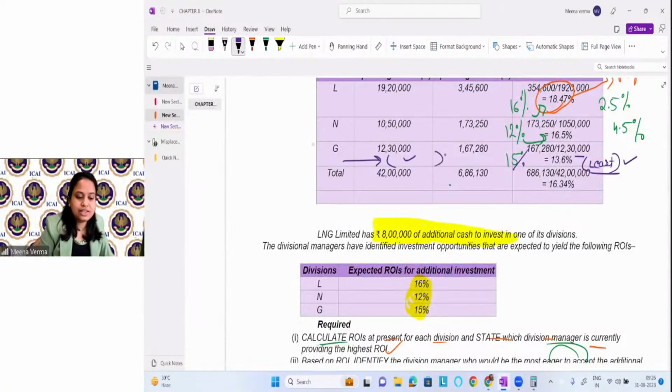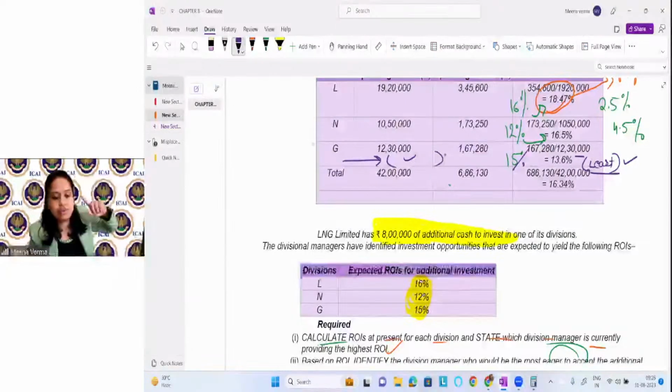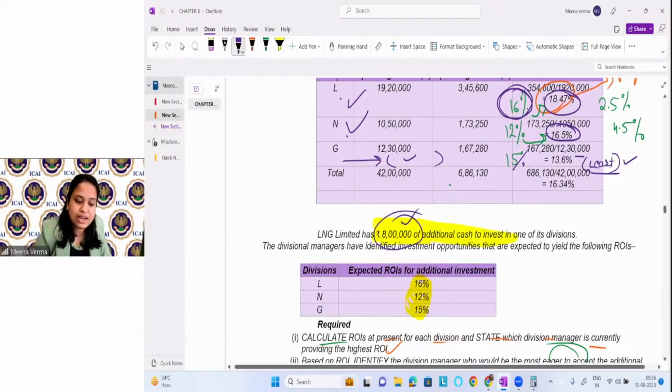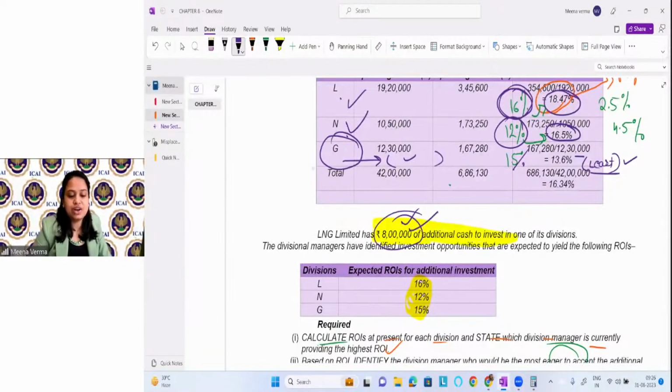Who wants the additional investment so that their ROI will improve, right? Because here the ROI is already positive and good. Here the ROI is already positive and good. If they accept the project, their ROI will decrease actually. If they accept the 8 lakh rupees, their ROI will decrease. If this division and this division, L and N, accept 8 lakh rupees, their ROI will decrease. But if G accepts the additional fund, their ROI will become more, right? It will increase. So it is given here that